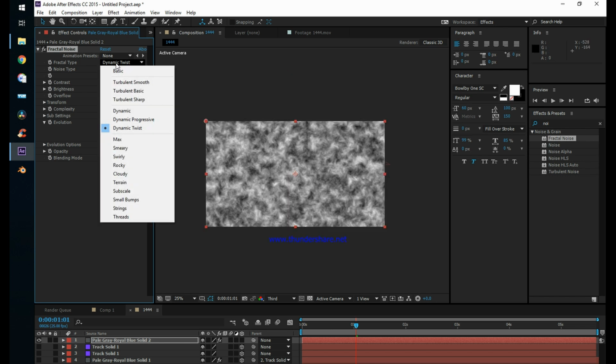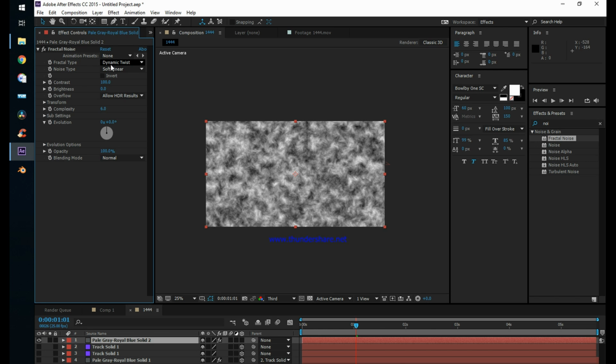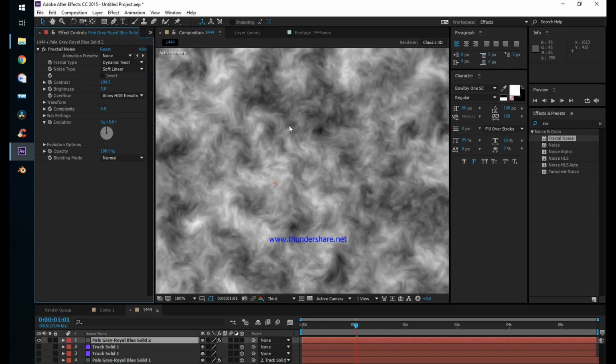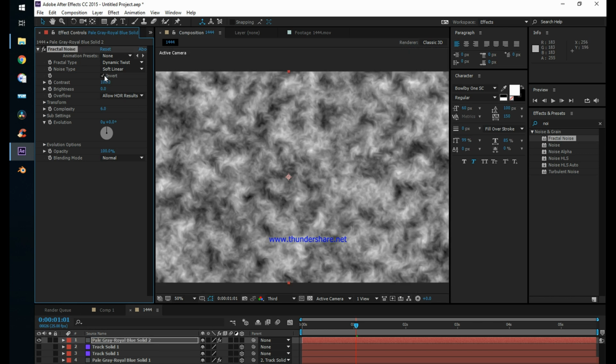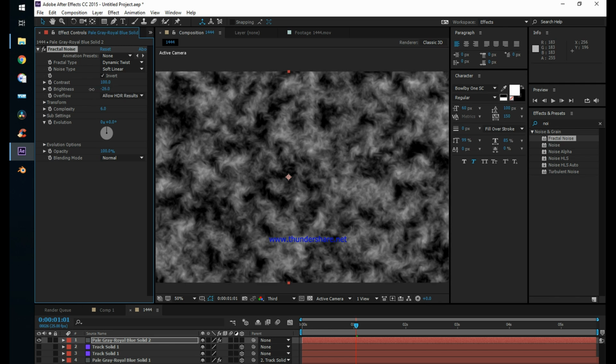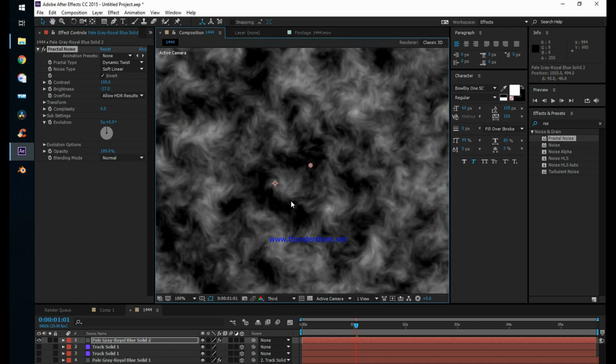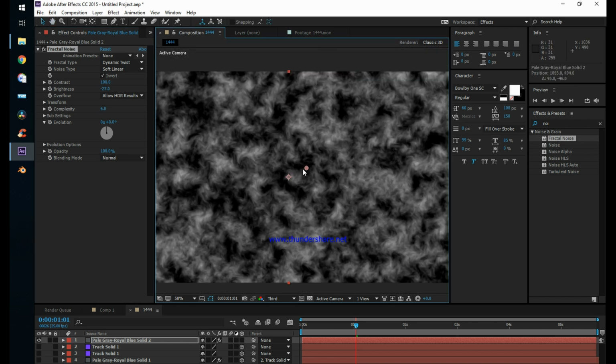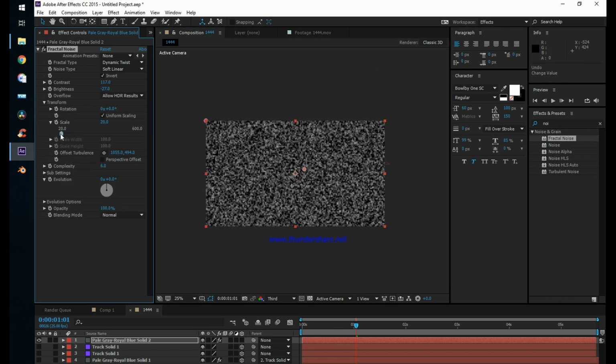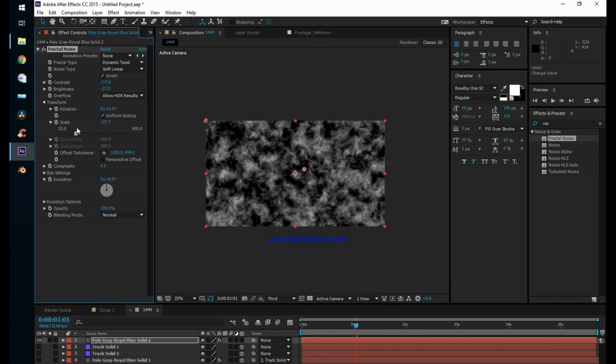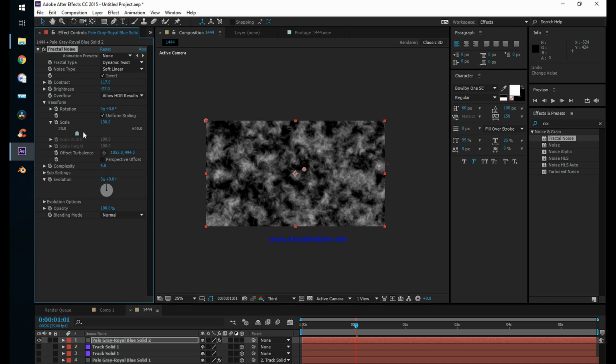If you want, you can select any of this option, but I love dynamic tweets because it has a lot of tweets. Okay, so let's invert that, and we'll change the brightness, we'll decrease it so that we will have these black spots, so it is easy when you screen, because in the original the scale was up to this 360,